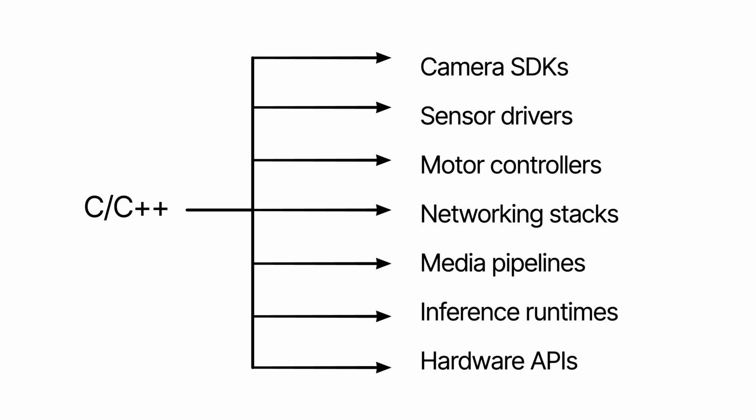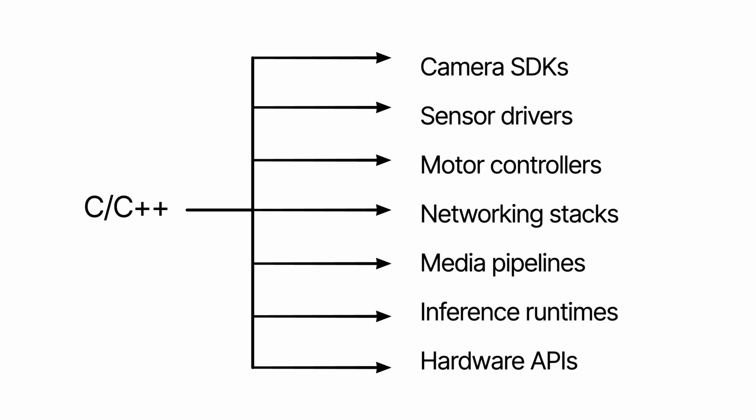One of the biggest reasons this matters is that so many important libraries in robotics, AI, and systems programming are written in C or C++. Camera SDKs, sensor libraries, networking stacks, media frameworks, inference runtimes, and hardware interfaces often live there. Traditionally, working with those ecosystems can mean introducing complicated foreign function interfaces, wrappers, or third-party dependency layers that make projects